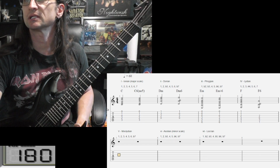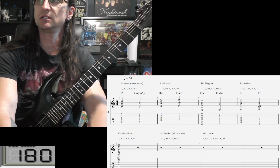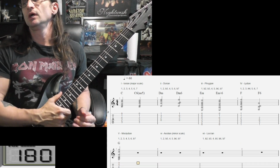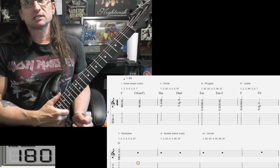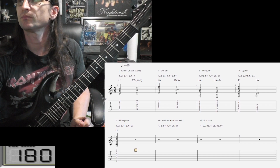Moving ahead to the next chord. Chord number 5, G major. So this one, yes, we have another...